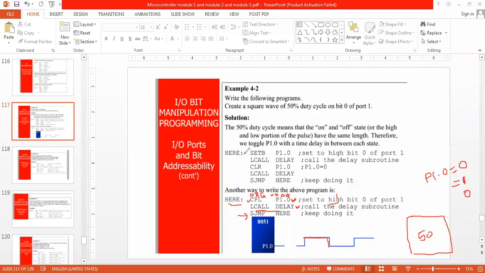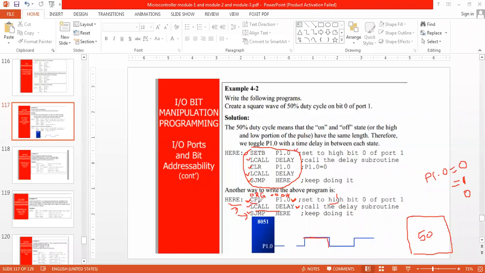So here how many? 1, 2, 3, 4, 5. Correct? Here how many? Only 1, 2, and 3. See, within 3 instructions, I have modified the above program. There are 5 instructions here, and there are only 3 instructions here, right?